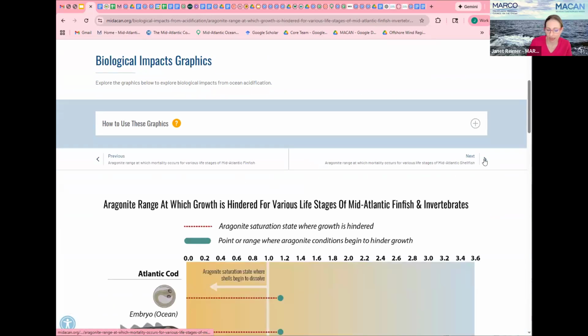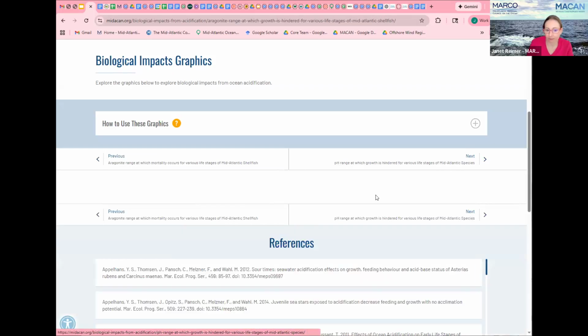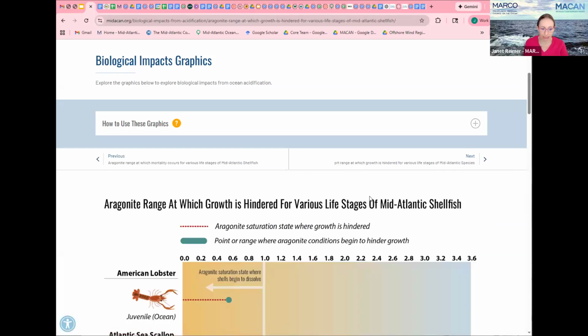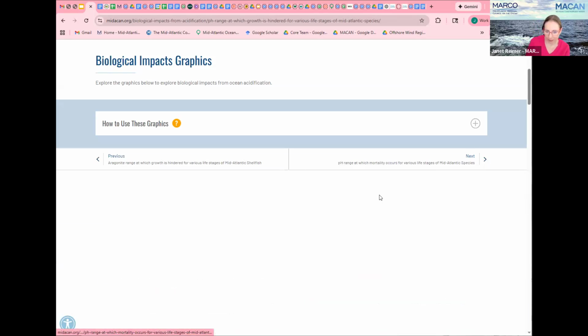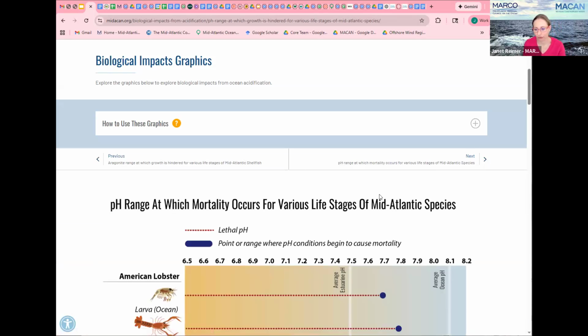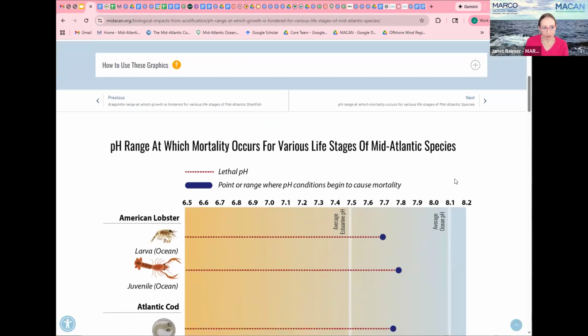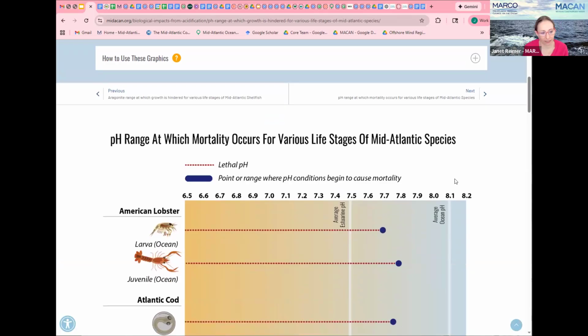We also have this information for aragonite saturation, but today I just want to focus on pH, and maybe at a subsequent webinar, we can dive deeper into aragonite saturation state. But pH is a much more universal understanding of an acidification level versus aragonite saturation. So we're interested in understanding